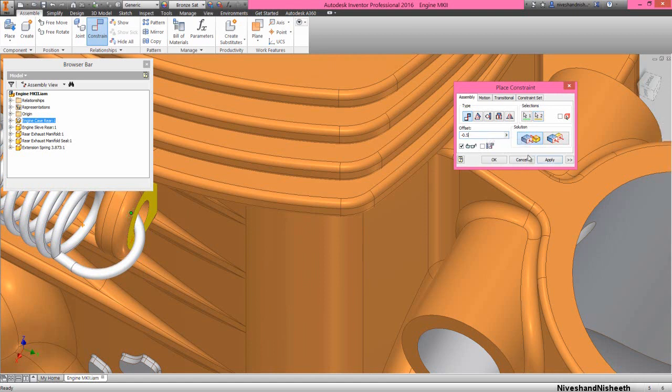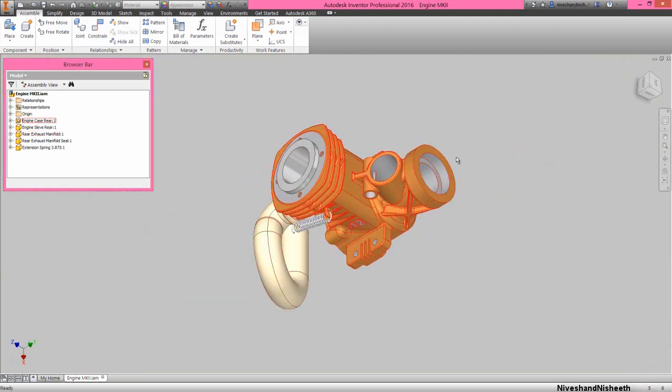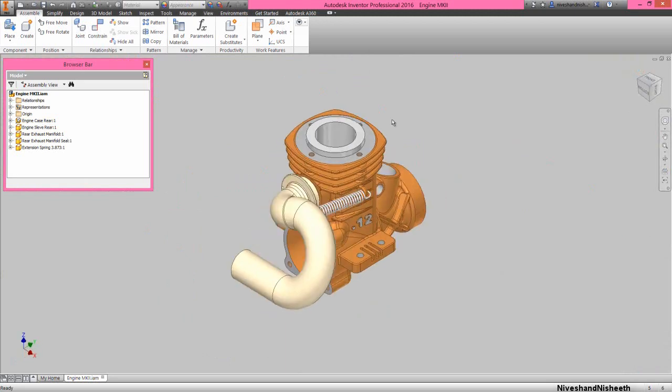Click OK. Now see, my spring has been properly fixed over my engine case rear part. That's it.